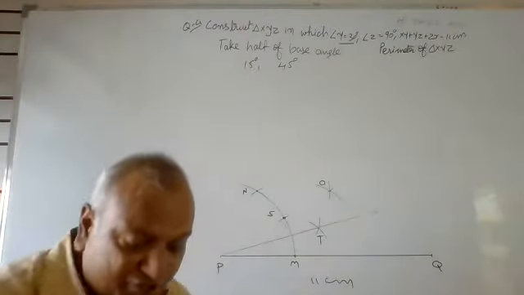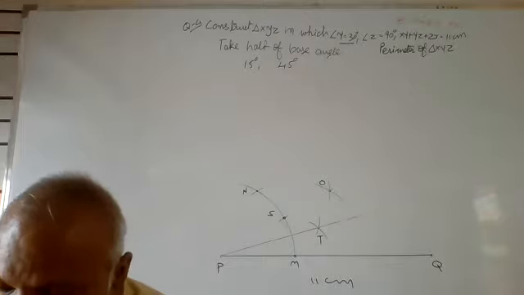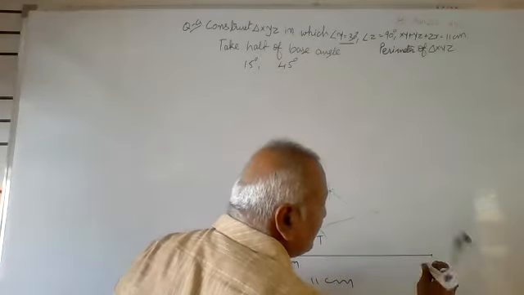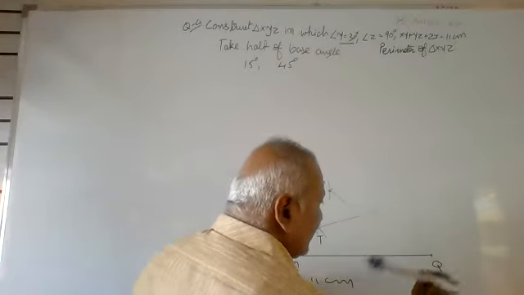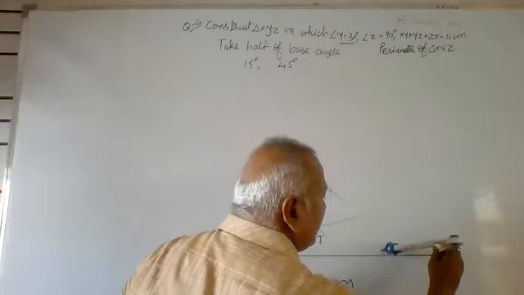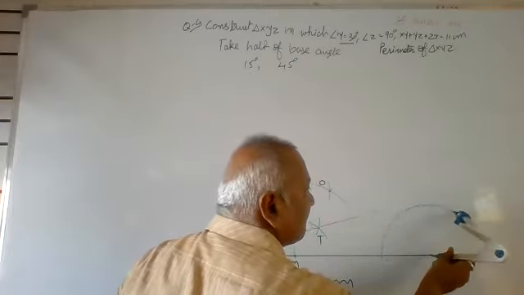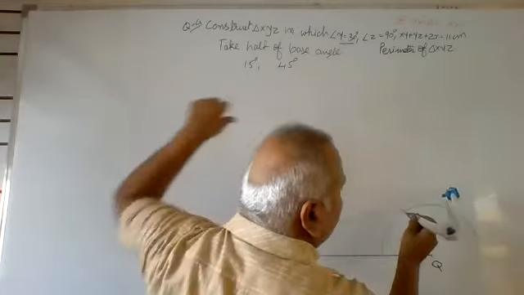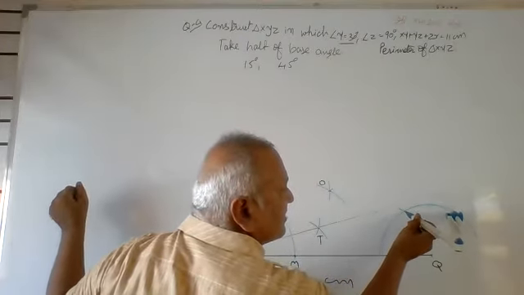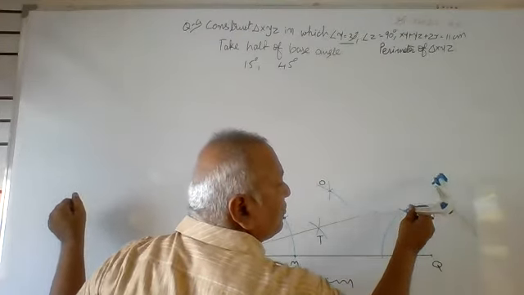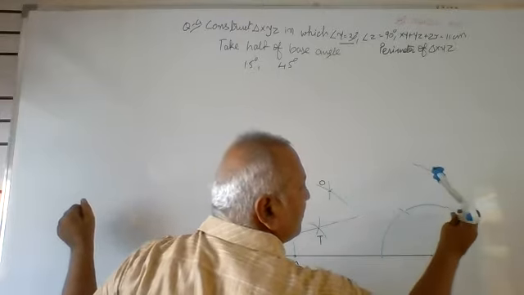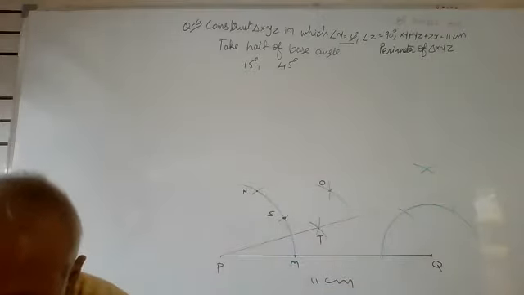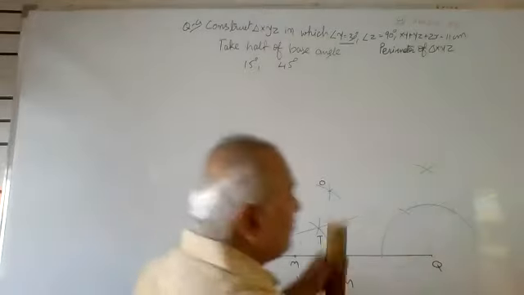From Q I will construct 45 degree. So concentrate here. I will construct 45 degree by taking a random measurement. It is a semicircle arc. First arc it is 60 degree, then second arc it is also 60. Then we have to draw 90 degree. One arc from here, the other arc from here. Where both the arcs intersect, we should get the intersecting point.